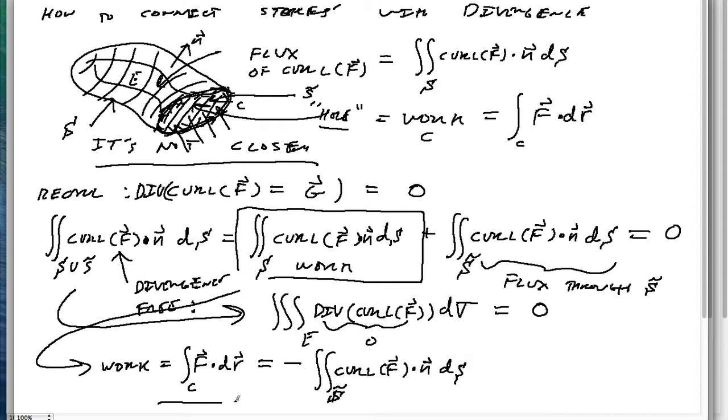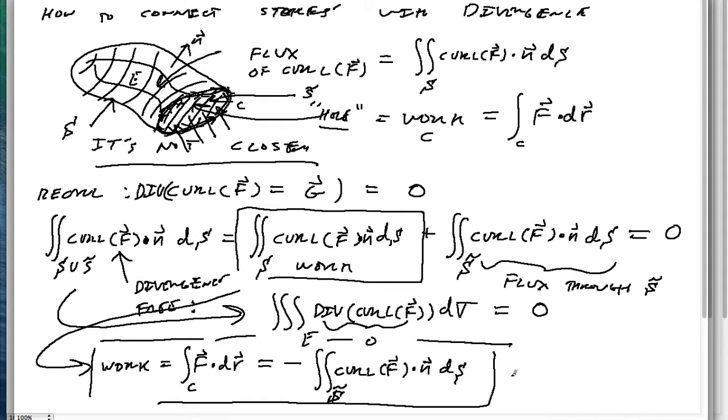All right, so that's another connection that we can write. So what's going on here? And this looks a lot like what we call Faraday's law. Faraday's law in physics